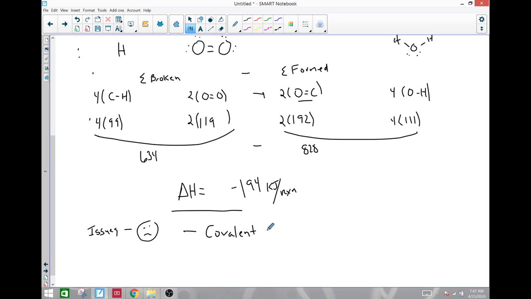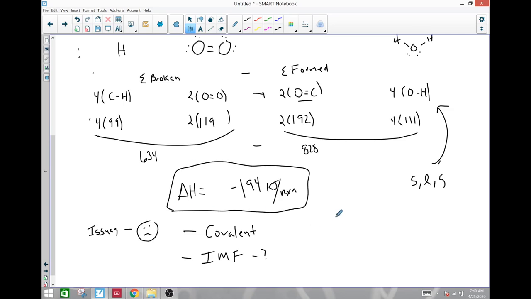And this can sometimes vary between bonds. It's not counting any intermolecular forces. So it's not really counting whether the water is a solid, a liquid, or a gas. Okay? Solid, liquid, or gas. So there's issues there. So our numbers versus other ways that we can calculate bond energy, this might be more of an approximation than the other ones. Either way, because it contains so much other stuff that general people in chemistry like, this is a pretty common calculation.